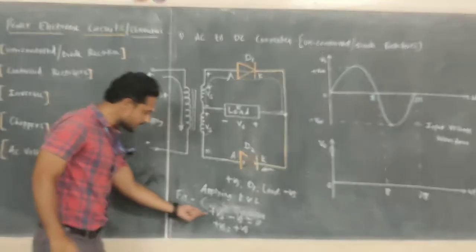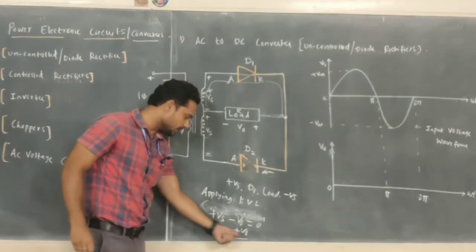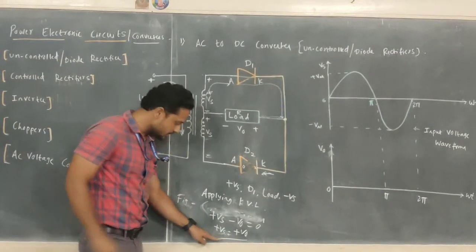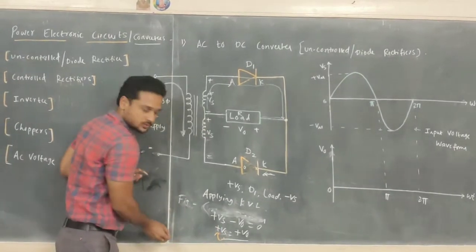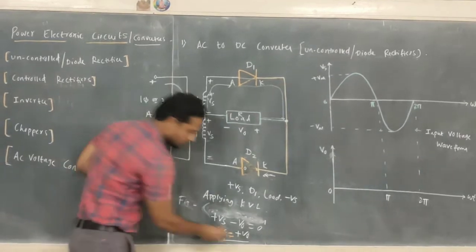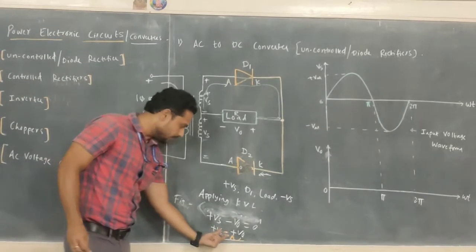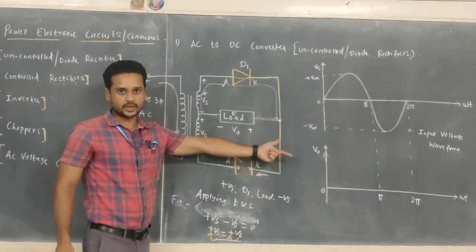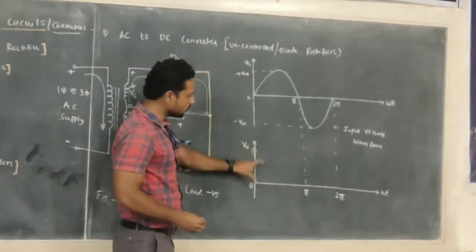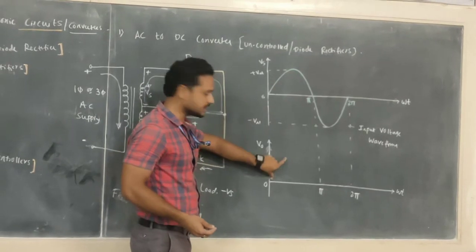Now look at this equation here. This is plus Vs is equal to plus V0. This equation suggests that the value of this input voltage in positive half cycle, its magnitude will be exactly equal to the value of output voltage in positive half cycle. Keeping in view this equation, now you can draw the output voltage waveform. The amplitude must be exactly the same.